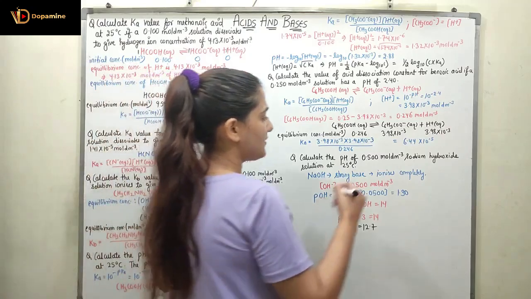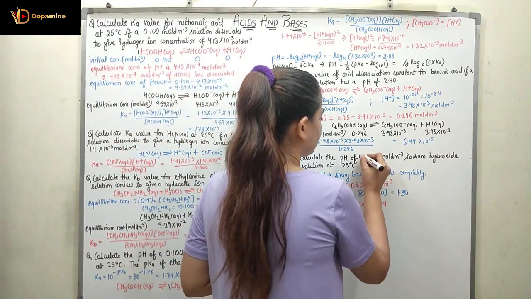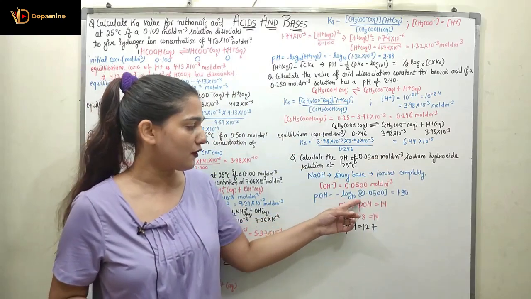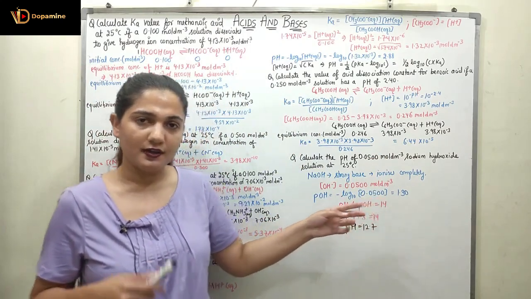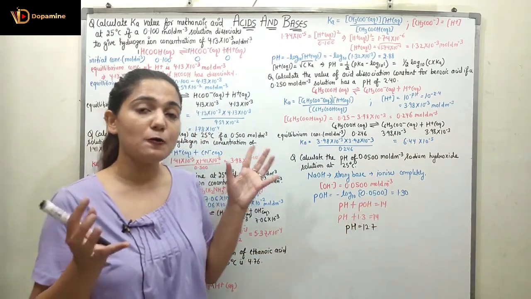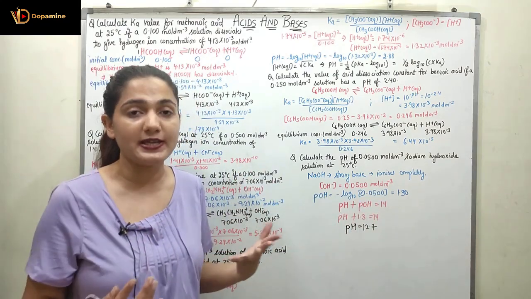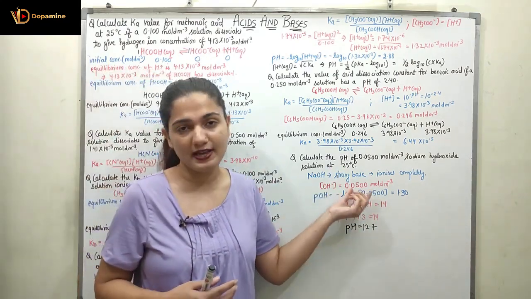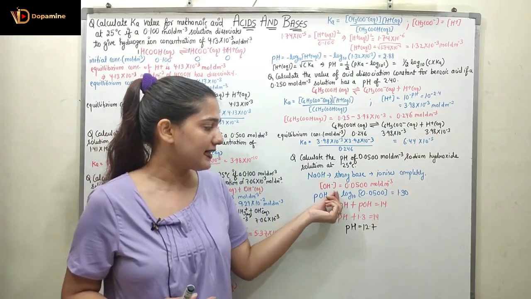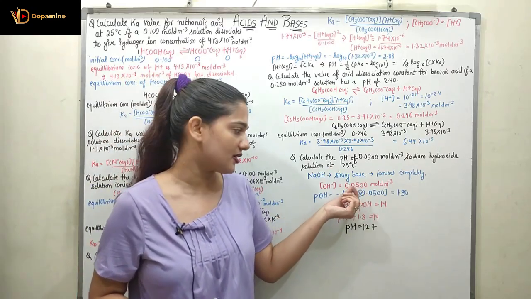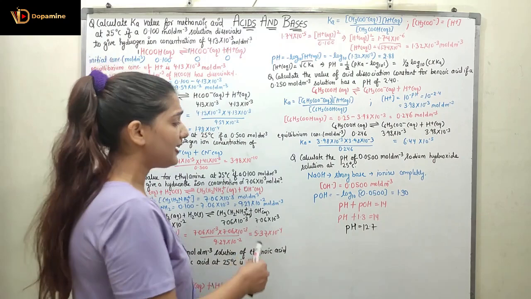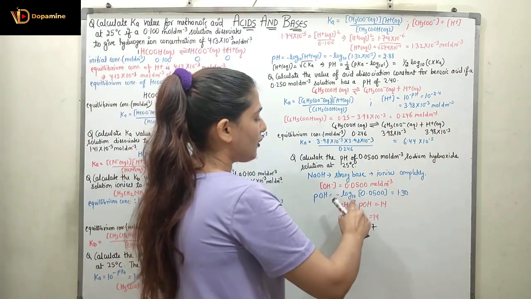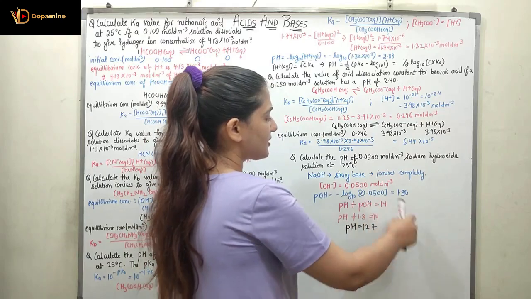So it is 0.05, correct it over here. Right, so now the pOH will be equal to negative log 10 of 0.0500, right? So we are finding out pOH here instead of pH. In case of pH, we were taking the negative log of hydrogen ion concentration. In pOH, we will be taking negative log of hydroxyl ion concentration, OH negative concentration, right? So OH negative concentration, we know, we can put it over here, negative log 10 of 0.0500, which is equal